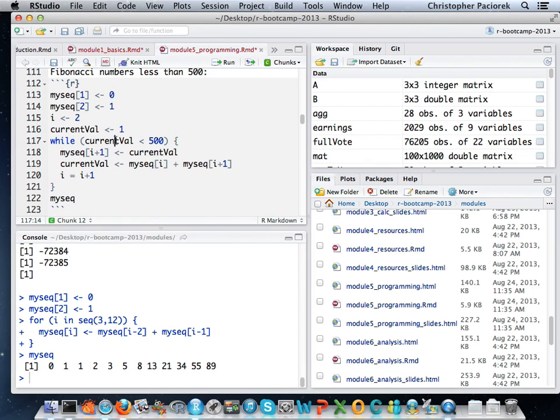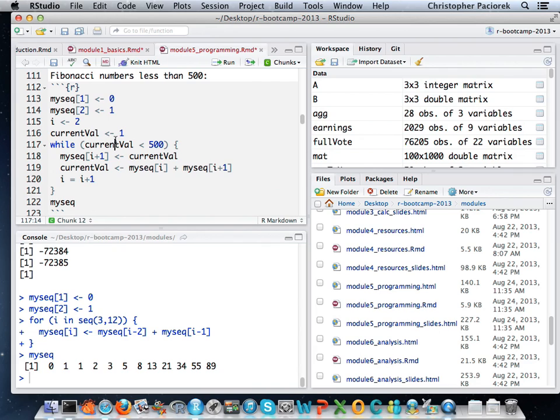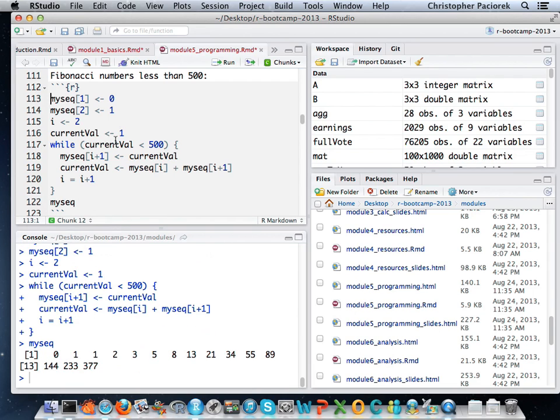All right, we can do a similar thing with a while loop, except here I'm using probably too much code to do this. But I want to print all the Fibonacci numbers less than 500. I don't know exactly how many that will be. It'll be maybe 12 elements or maybe 15 or 16 or something like that. And here I don't have to know in advance. The while loop is saying, while the current value is less than 500, keep on with the loop.